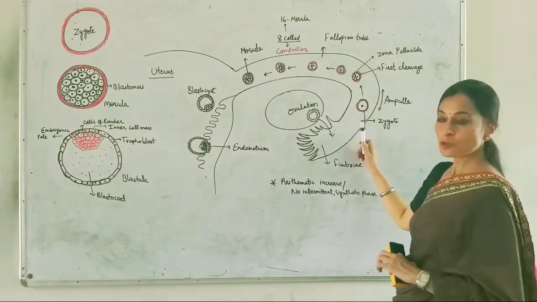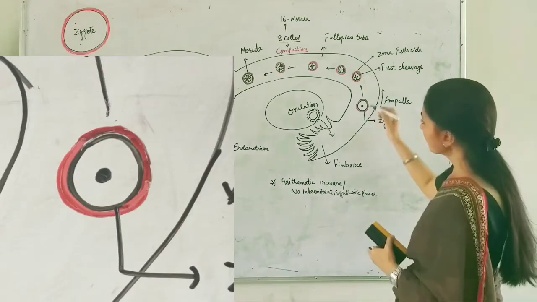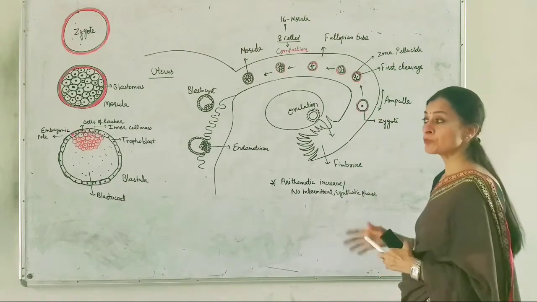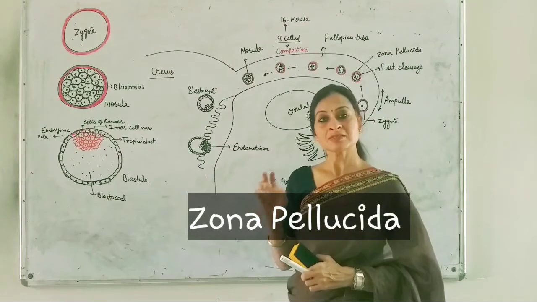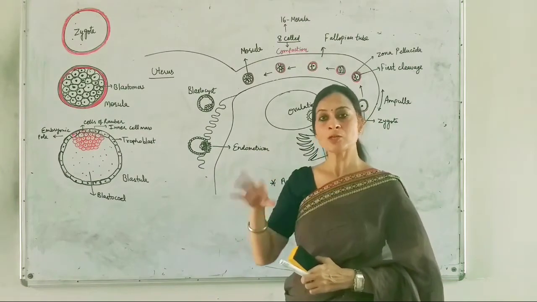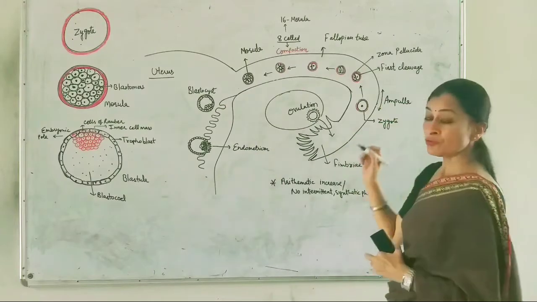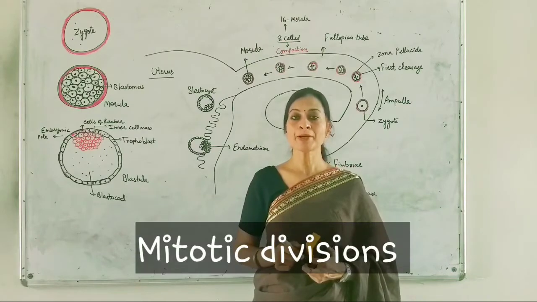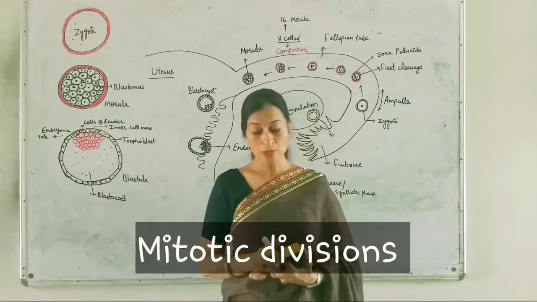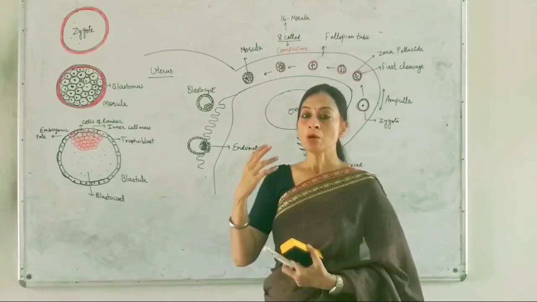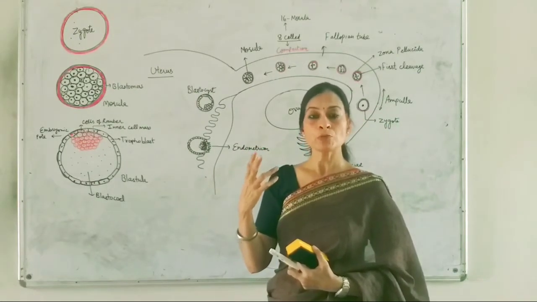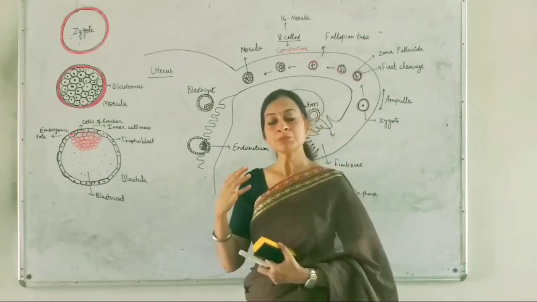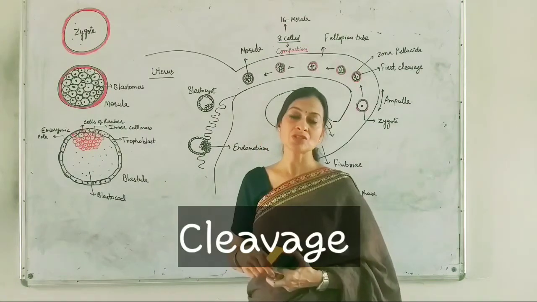This is the single cell zygote, as I have told you. I have also shown here a lining. This red colored lining is actually the zona pellucida. You have to keep in mind that the zona pellucida is still intact. It is covering the zygote also. Now this zygote will start immediate mitotic divisions. Mitotic means equational divisions. This zygote is a diploid cell, and its division will lead to the formation of two daughter cells which are again diploid in nature, and these immediate divisions are known as the cleavage divisions.